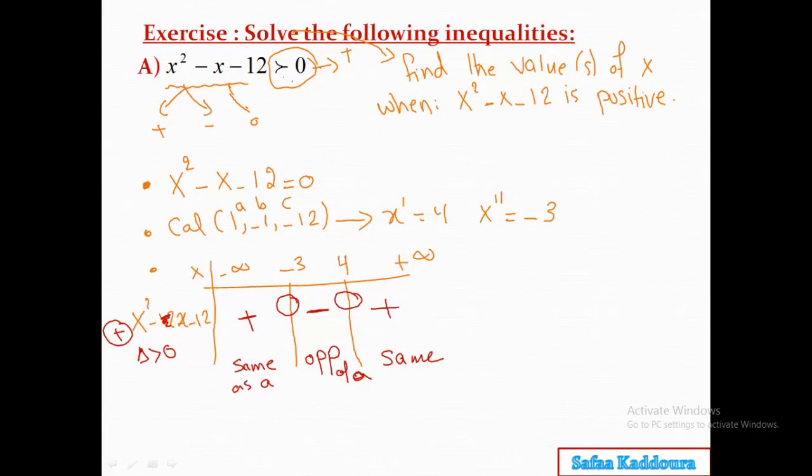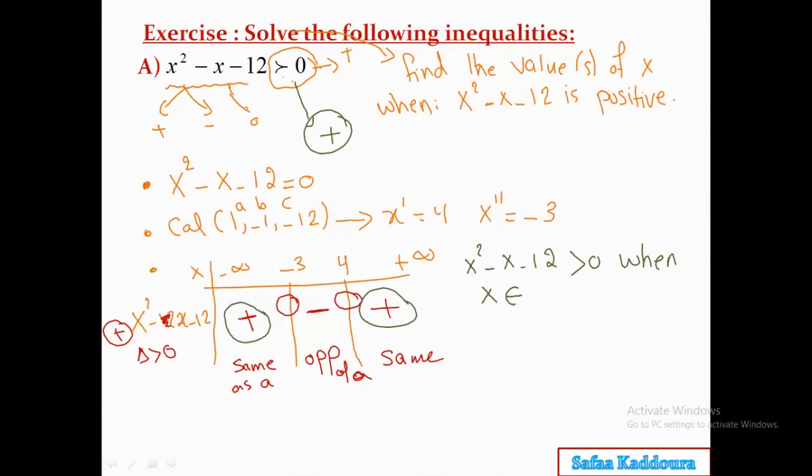But I don't want all the signs. I only want the positive sign. So I will go and look for the positive sign. Here, positive sign, and here, positive sign. So, x squared minus x minus 12 is positive when x belongs to